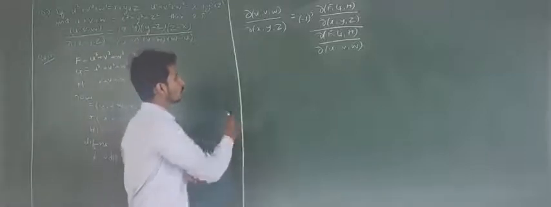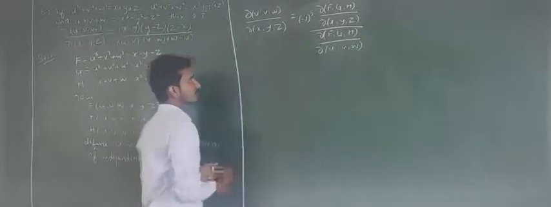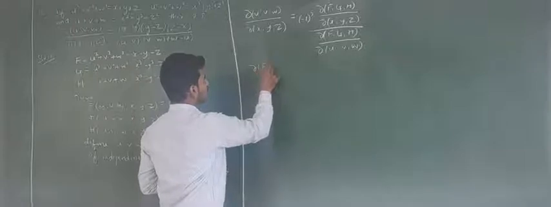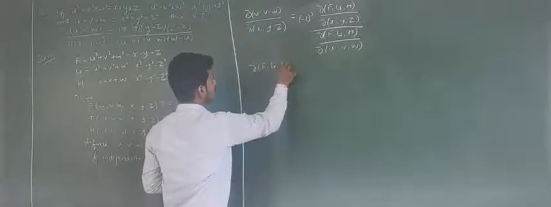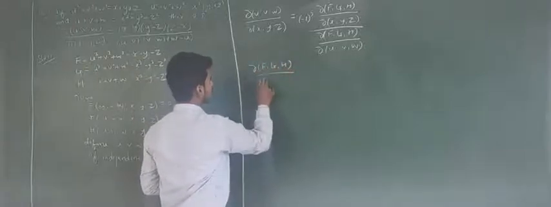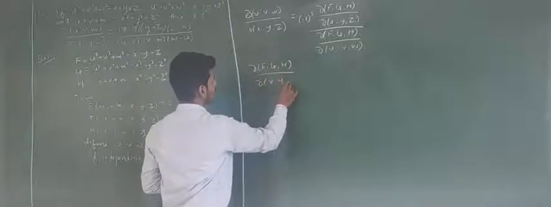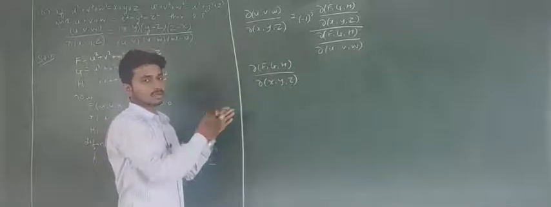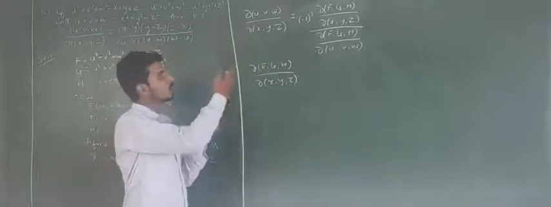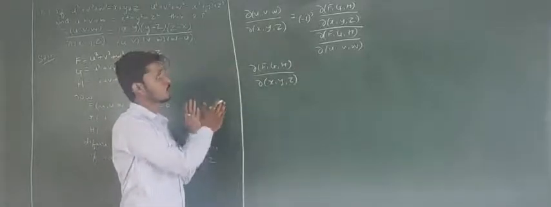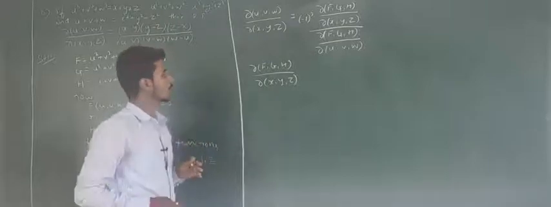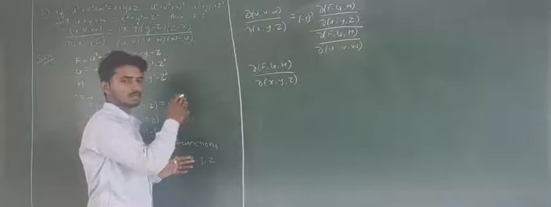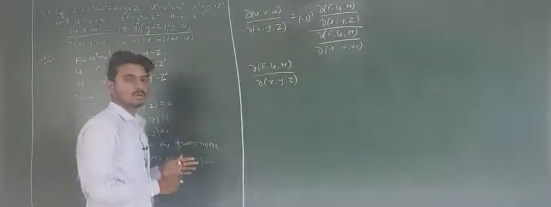So now what we have to do here is consider first the numerator, that is dou of f comma g comma h divided by dou of x comma y comma z. Once we have the numerator, we can substitute the values of numerator as well as denominator, so we can prove that LHS equals RHS. Now we have considered dou of f comma g comma h divided by dou of x comma y comma z.